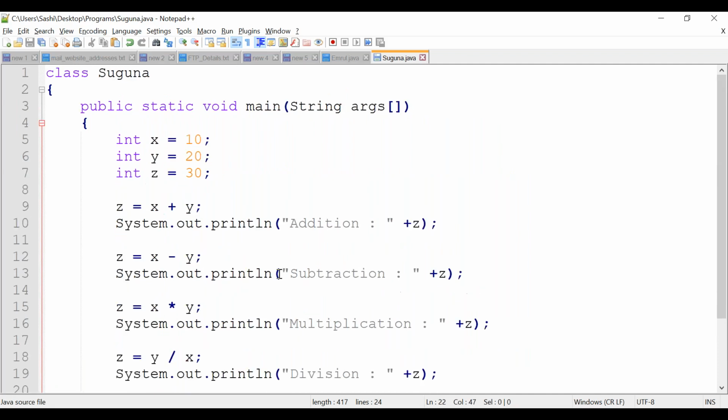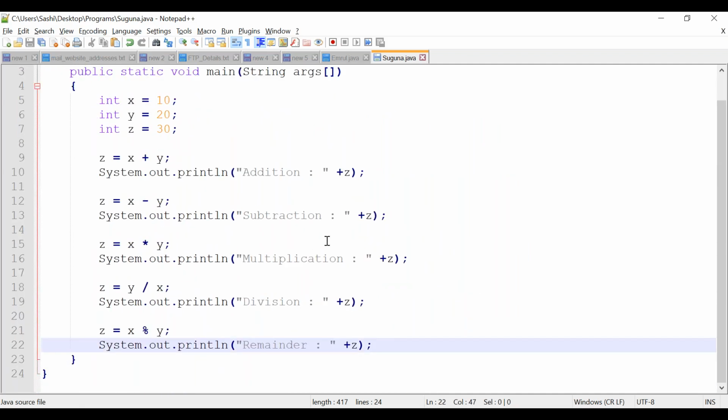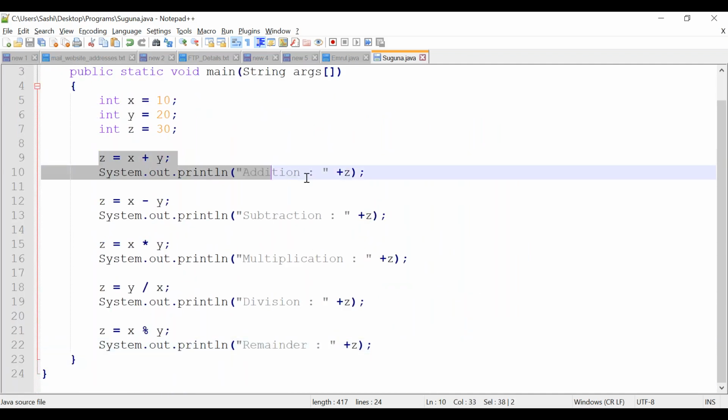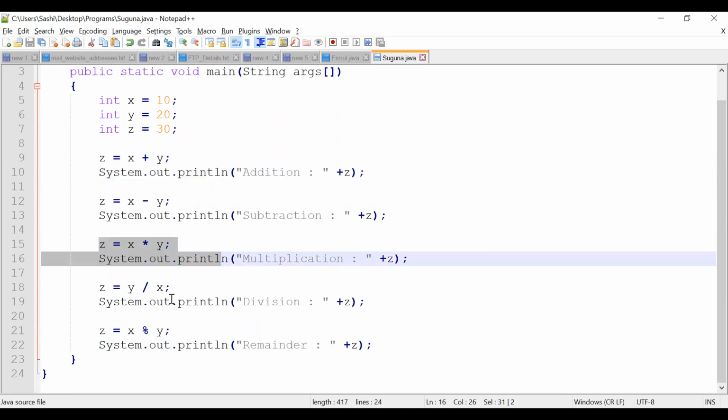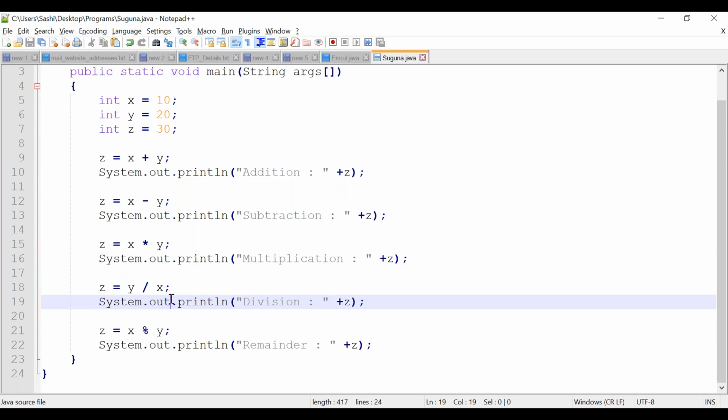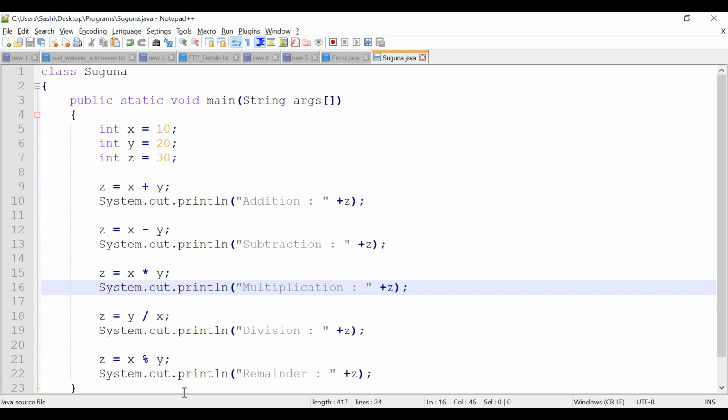So just go through the program quickly. We are just performing all the operations. Addition operation we are performing and we are printing the result. Then subtraction, then multiplication, then division, and then we are doing the modular operation. Let's rerun this program. Observe the output.